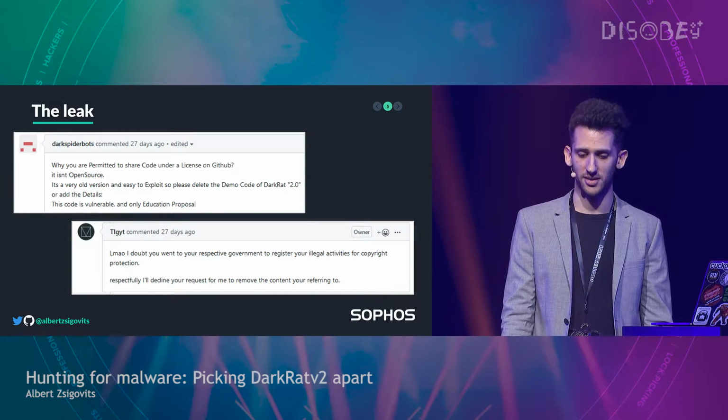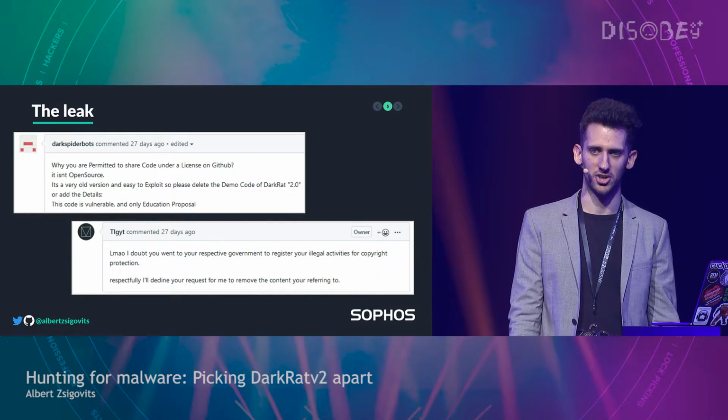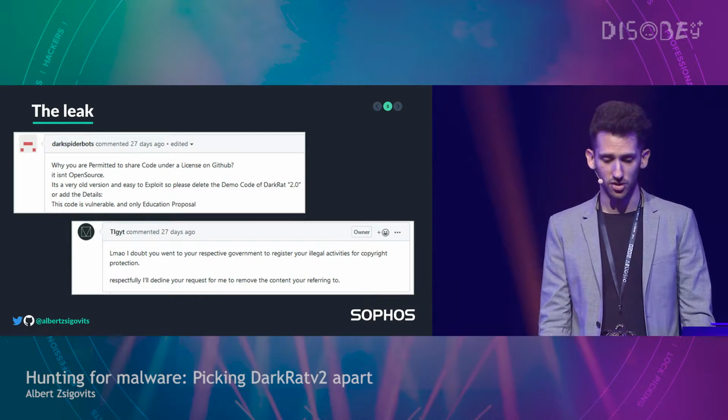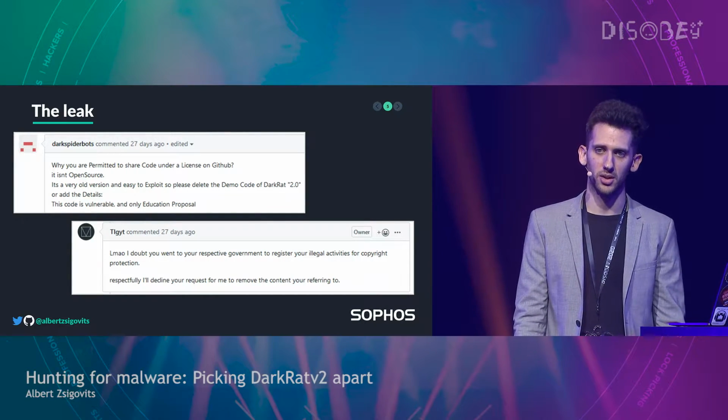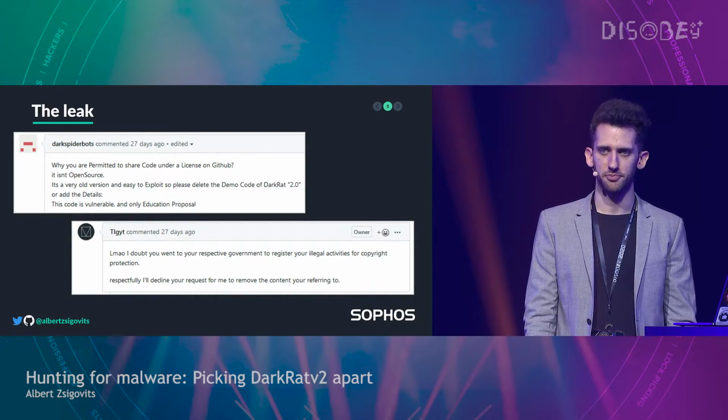And he also says, this isn't open source. And I'm like, what? Why? This is malicious code. And he again goes to the trouble of saying this code is vulnerable and it's for educational purposes, which is kind of dodgy.